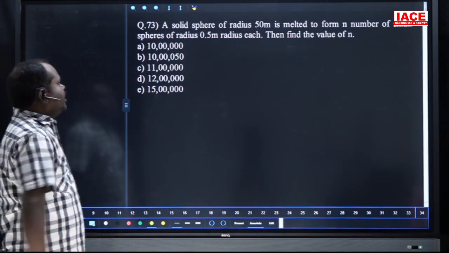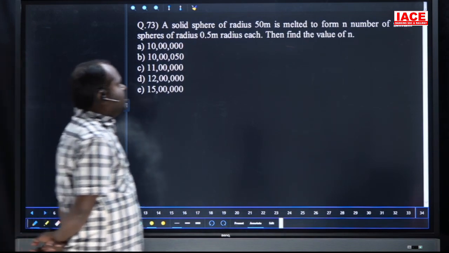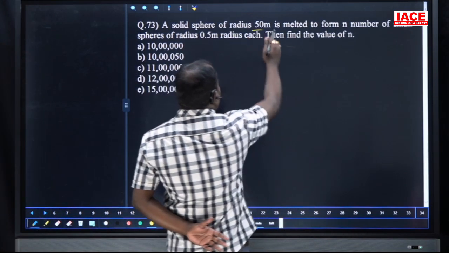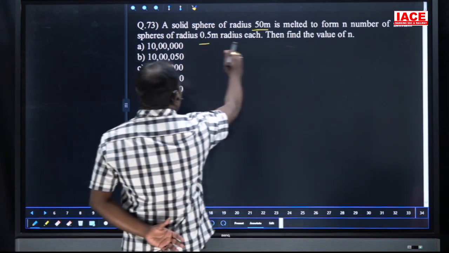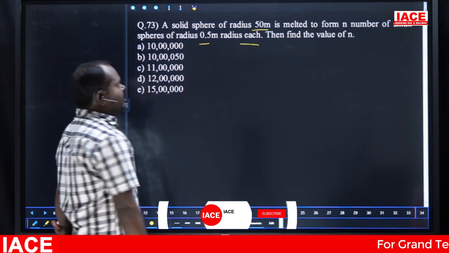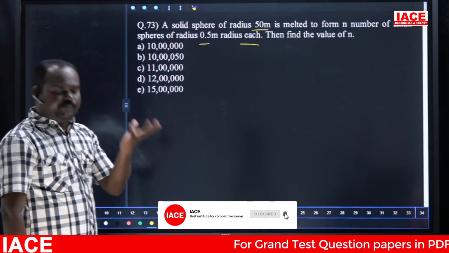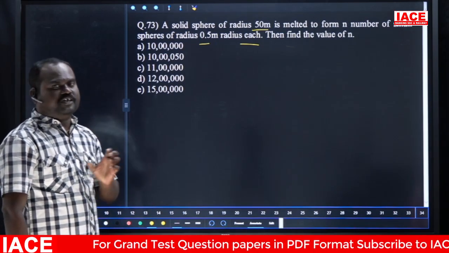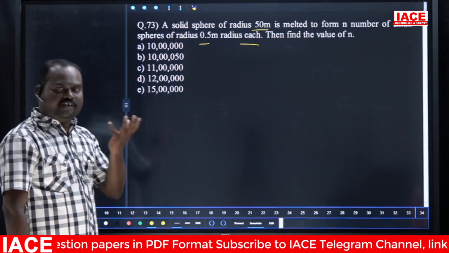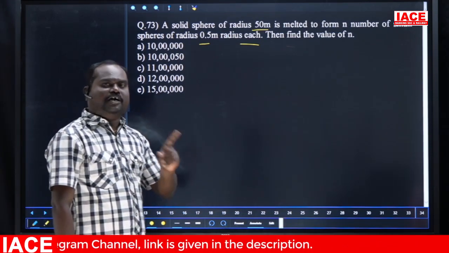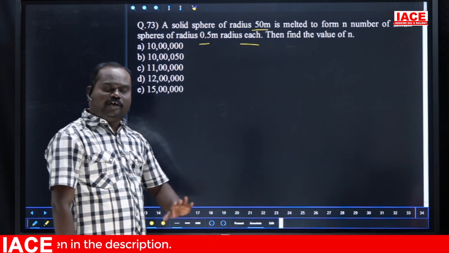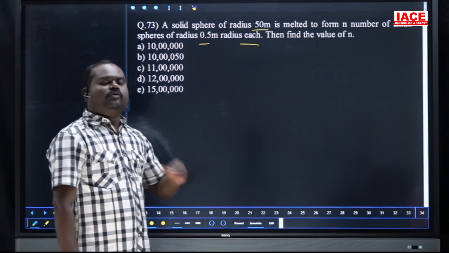Next. A solid sphere of radius 50 meters is melted to form a number of small spheres of radius 0.5 meters each. Then find the value of n. So a big sphere is melted to prepare small spheres. How many are prepared? That means bigger volume by smaller volume. The sphere volume formula is 4/3 pi r cube, and the common 4/3 pi gets cancelled. So we need larger r cube by